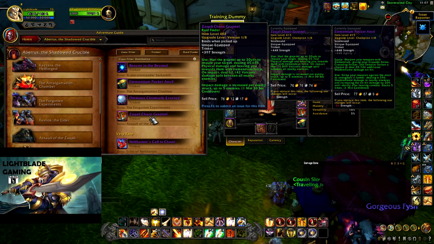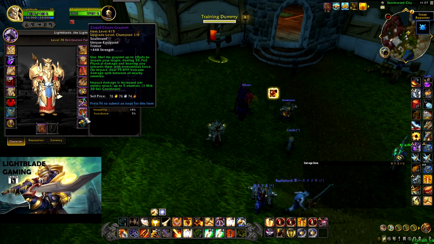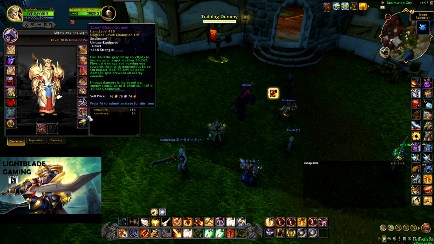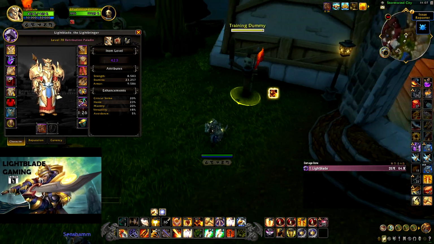You can actually use this as mobility. Since, let's do the test here. So I'm gonna target that target dummy, the training dummy, and I'm gonna use the trinket. You actually jump to your target. It's a targeted jump, which is